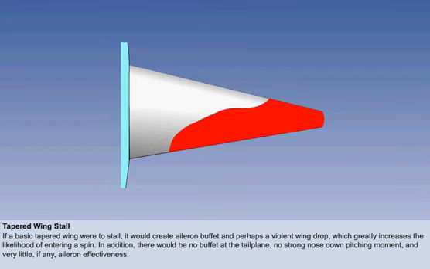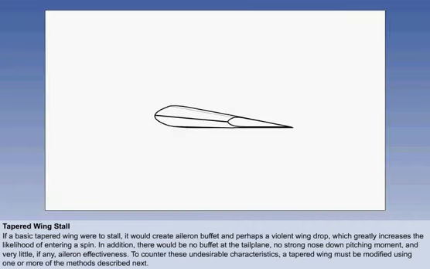If an actual basic tapered wing were allowed to stall in this way, the stall would create aileron buffet and perhaps a violent wing drop, which greatly increases the likelihood of entering a spin. In addition, there would be no buffet at the tailplane, no strong nose-down pitching moment, and very little, if any, aileron effectiveness. To counter these undesirable characteristics, a tapered wing must be modified using one or more of the aerodynamic